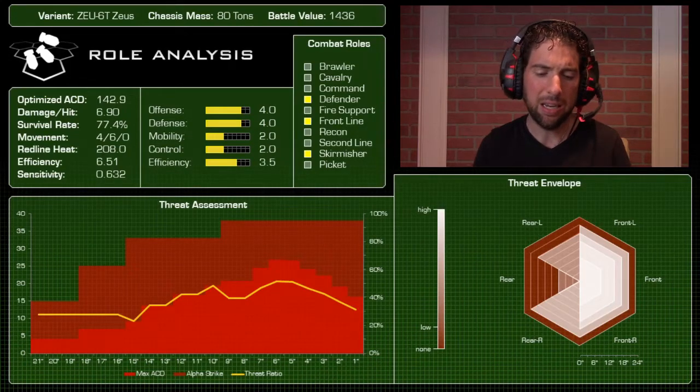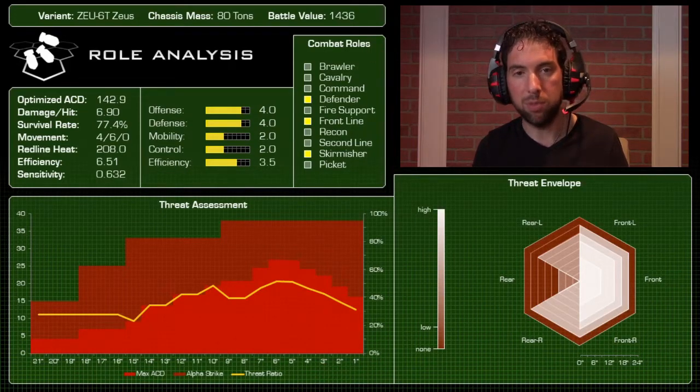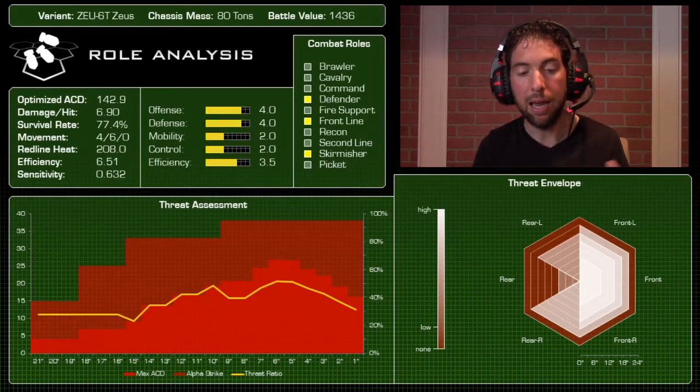But really, it's that backfield, that 21 to 10 inch range where this mech, in my opinion, really shines, because you don't have to worry as much about the heat load. You can back off the large laser if you need to. And really, that threat index is pretty high and pretty consistent across the board. So,